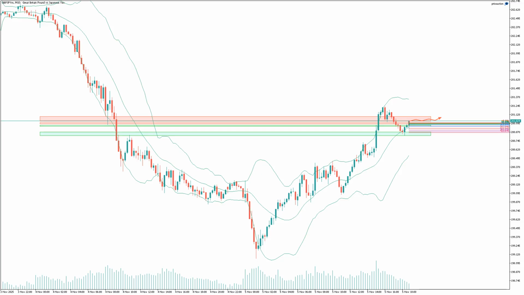The current price of 201.024 is just below the immediate resistance, implying a possible test and break of this level, followed by further upward movement towards the next significant resistance. The zigzag pattern anticipates a push higher, testing the resistance at 201.050, followed by a minor pullback to 201.030 before